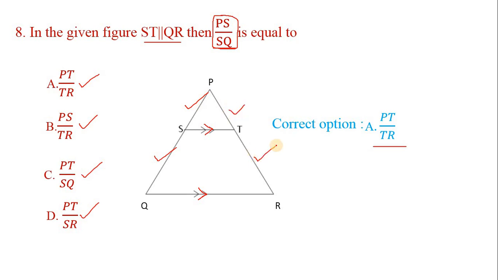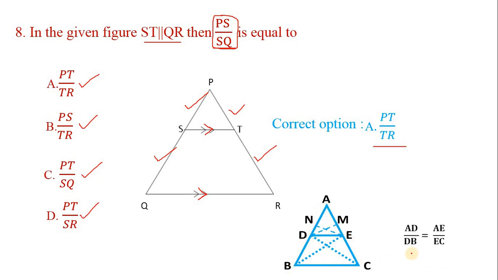Now just take the Thales theorem figure here. This was the figure we used to prove the Thales theorem. What we had proved actually is AD by DB is equal to AE by EC. In a similar way, we have selected the correct option here, that is PS by SQ is equal to PT by TR. Thales theorem is very important for your board exam. They may ask the theorem for 5 marks as state and prove basic proportionality theorem or Thales theorem. So you have to go through that very well.